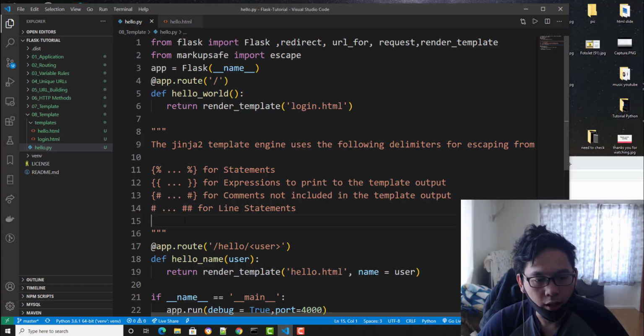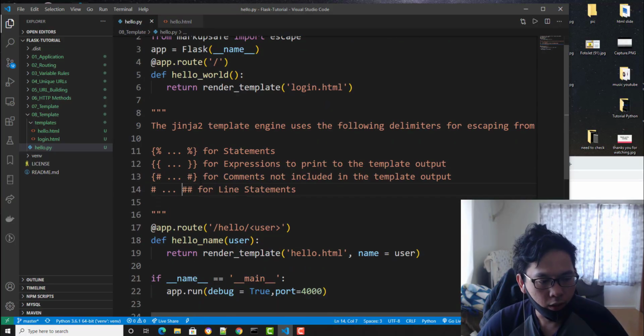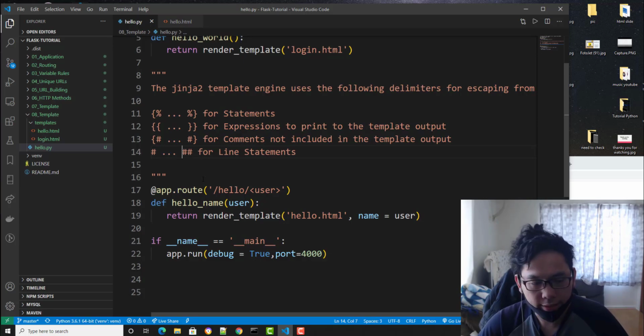If you already know Laravel or any kind of template engine, they use this kind of curly brace or something like that, even PHP or CakePHP. And on this example, we have a route that on /hello we're gonna get the user, so that username will pass. So this one is very important.